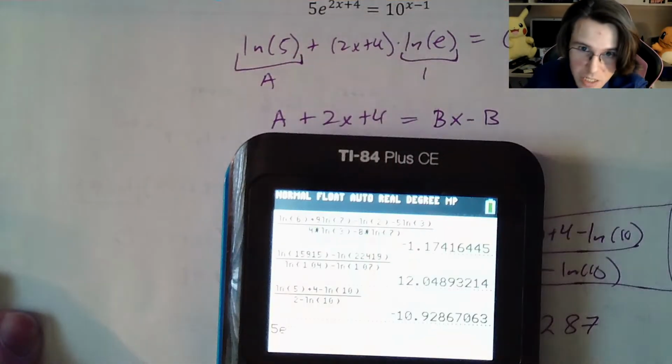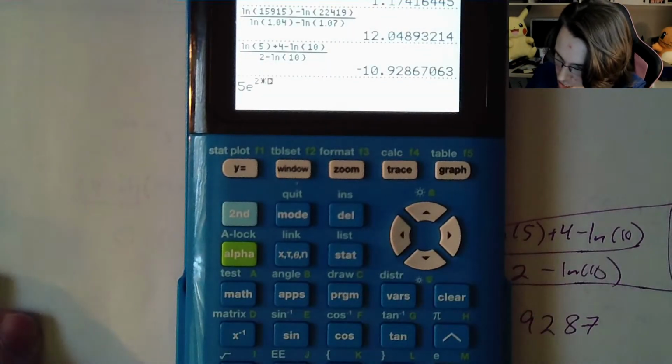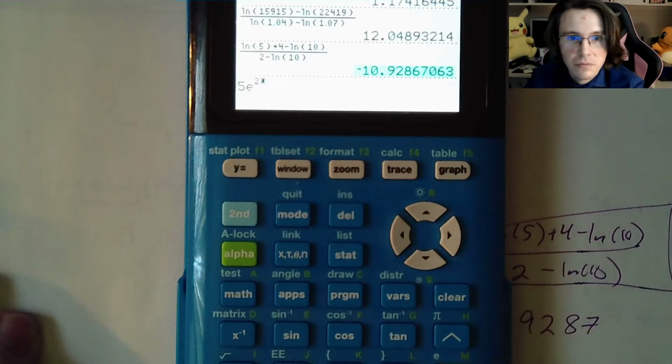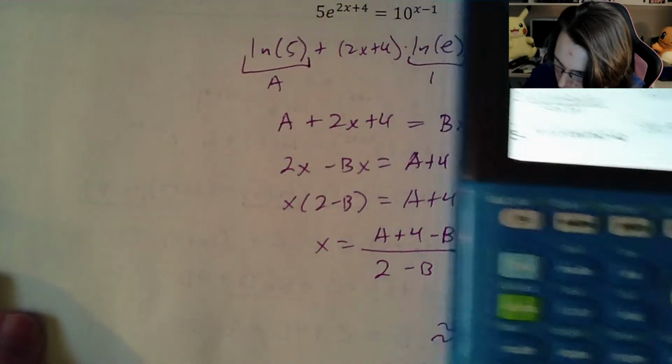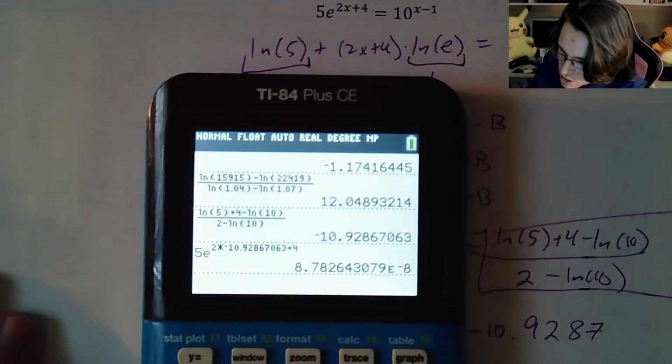And 2x plus 4. So 2 times an x is this number. Boom. Plus 4. And there you go. There's this side of the equation. So we get